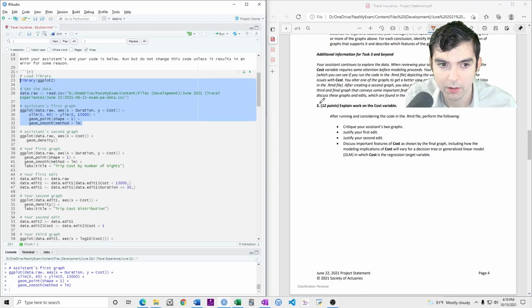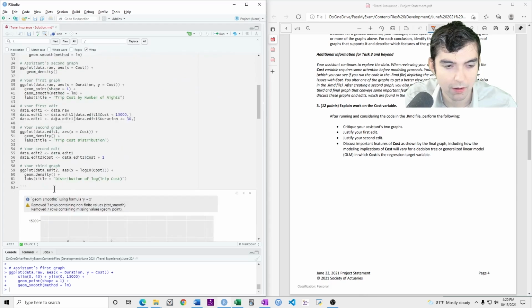Okay. So there's the first graph, there's the second graph. So this first graph is just limiting the x-axis to 0 to 40 and the y-axis to 0 to 1500. And yeah, it's making some edits and then redrawing these graphs.